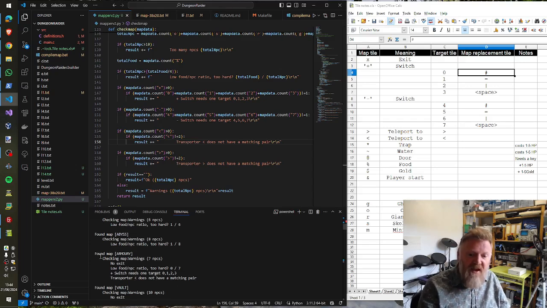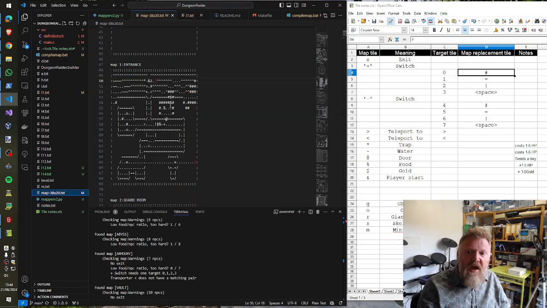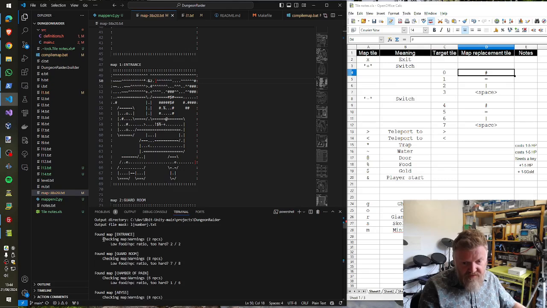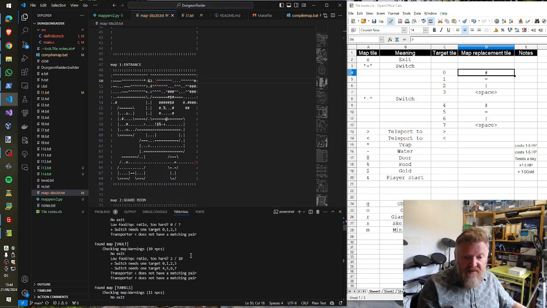Anyway, the important thing is this program is telling me what is happening with all of these levels, and do I need to go and do anything about it? Now I can decide whether, if it's a later level, these are very early, of course, it's the first level, it's telling me it's a bit hard. Okay, fine, but that's okay. I might want it to be difficult. Other ones like this in Vault, there's no exit,